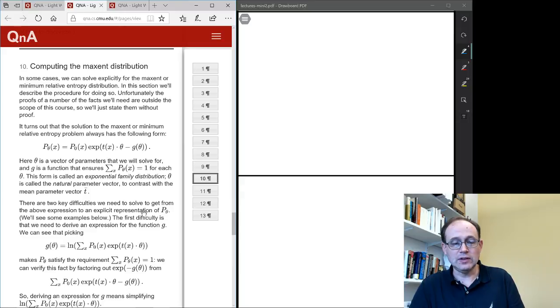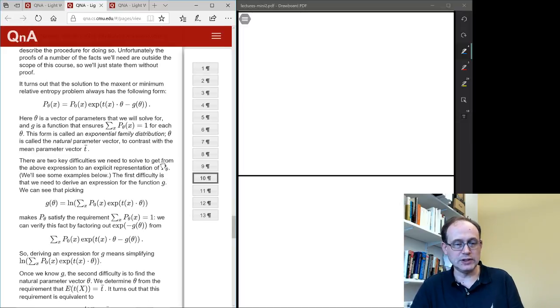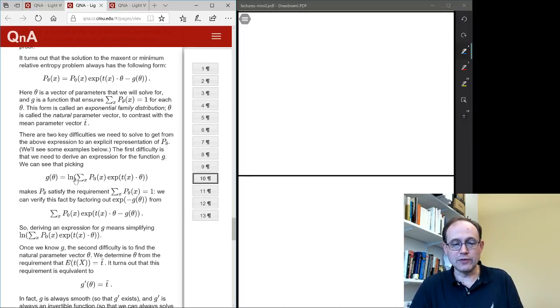So the first one is this normalizer, right? So we have to figure out a functional form for that normalizer. And there's one functional form that always holds, although sometimes it's too unwieldy to be useful. But here's that form. G of theta is the log of the sum over all possible outcomes of this stuff, which is basically just everything but the G of theta term in this exponential family expression. And the reason that works is,